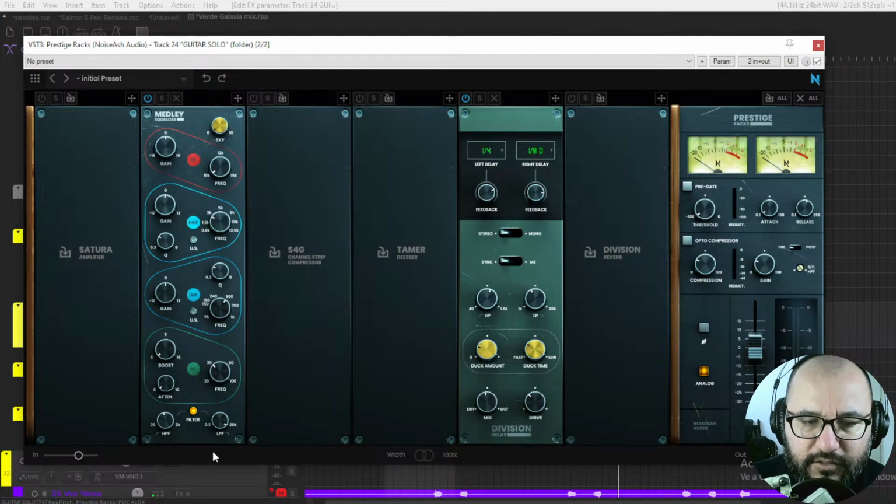Oh, so it doesn't have individual outputs for each one of the plugin. I thought this one was. And mono, stereo, 200,